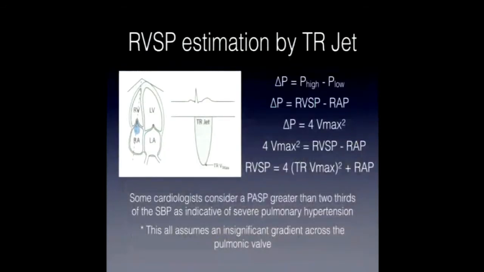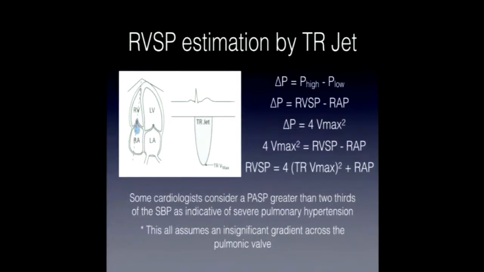I wanted to go through some calculations here, but now I'm feeling like it's harder to make you follow me. It made sense to me when I was making it, but the pressure change, you do high minus low. So the high pressure is going to be in the RV, and the lower pressure is going to be in the RA, and the jet's going to be between that, right? So if you get the RV pressure minus the RA pressure, then that's the pressure drop across this distance. We're also measuring the pressure drop across that distance, which is going to be 4 Vmax squared. If we put those two things together, 4 Vmax squared equals RVSP minus RAP,